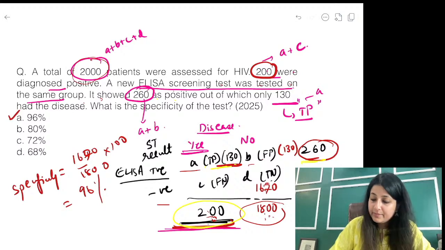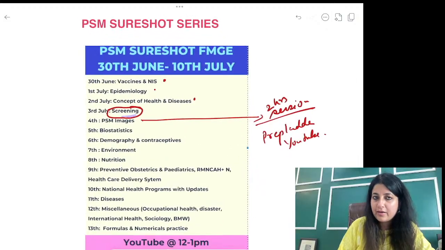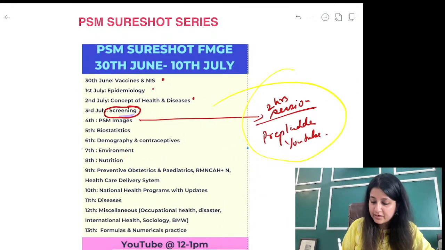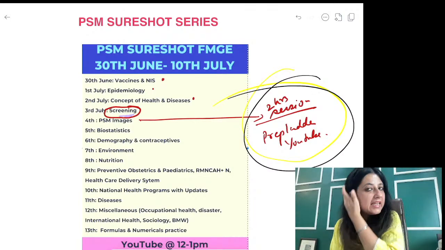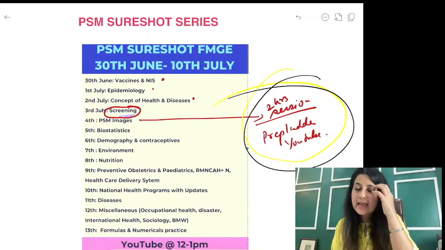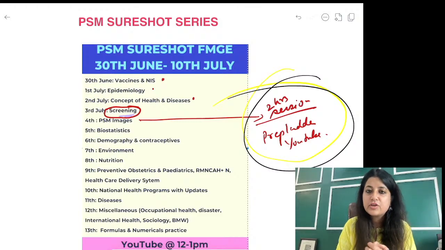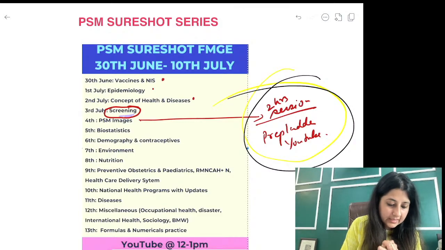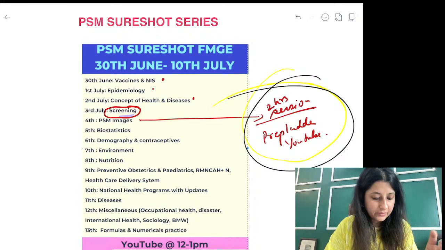ठीक है, so image based revision कल है everybody. इसको whatever I taught, no, whichever question you have a doubt, just listen to it once again. Tomorrow don't forget to attend the session, ask your friends also to do. I've compiled all the images together. We'll be doing the name of the images, what it is for, and you'll be good to go with all the images at one place. All the latest updates of images are also there. Any new image which has been added in PSM will also be there. ठीक है, yes, I will. Kappa stats, just listen to it, what I have taught right now, you'll be able to do it.